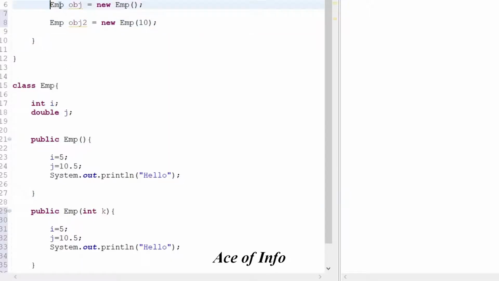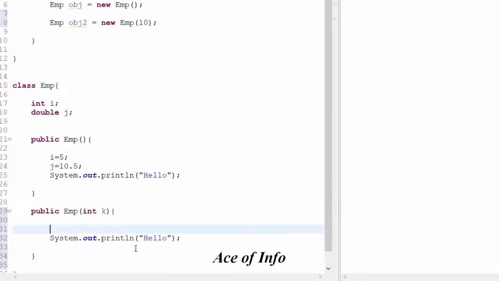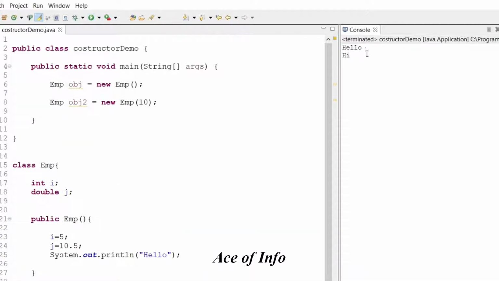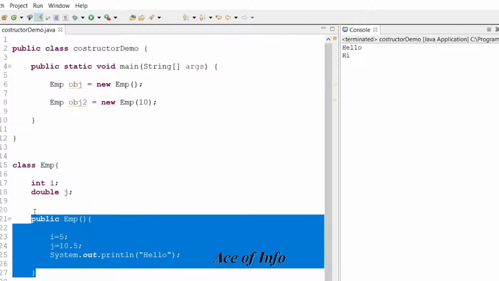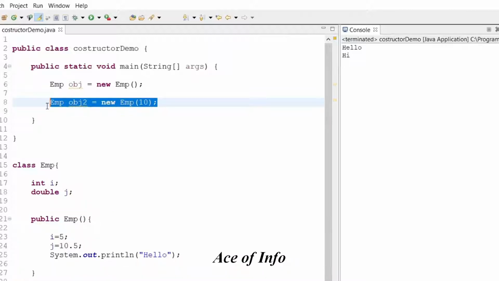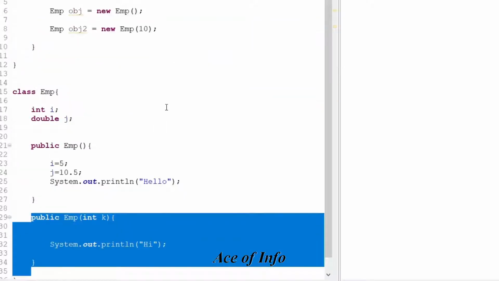Now this obj2 will be made with this constructor. And if I print here only hi or something, and if you run this, you can see both are printed, because when we run this line, this constructor will be called, and when we run this line, this constructor will be executed.